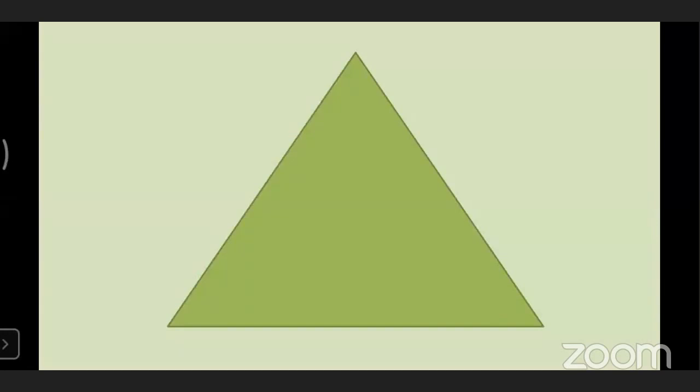Now let us identify the next geometrical figure. Can you tell me what this figure is? Rectangle. Yes, very good, students. It's a rectangle, right? So how many sides does this rectangle have? 4 sides, right? Very good. This one is the first, second, third, and fourth side. Students, how many corners does this figure have? 4. Very good. 4 corners, right? This one is the first corner, second, third, and fourth one.